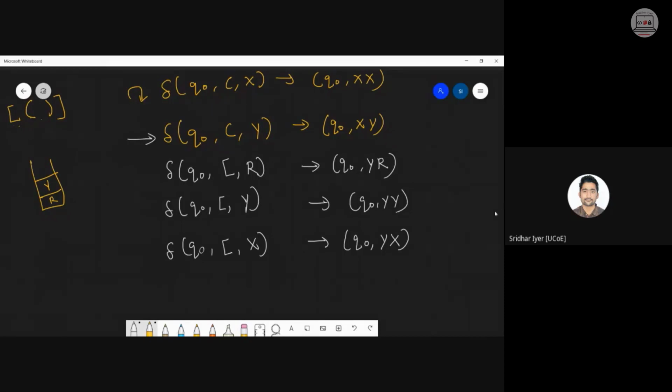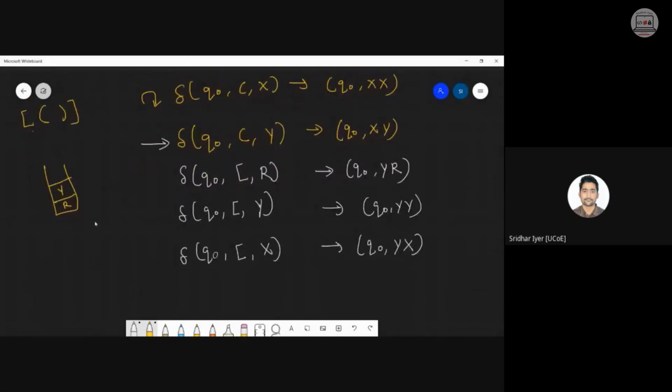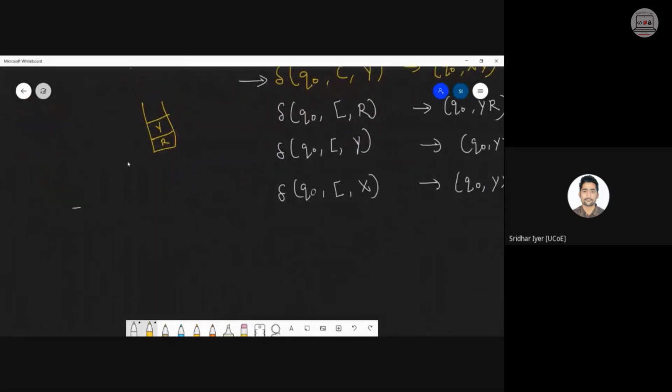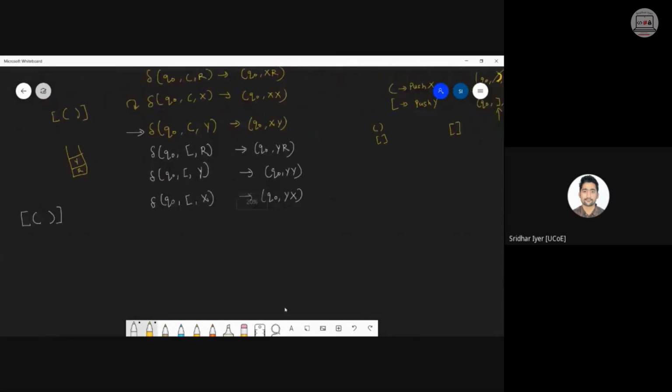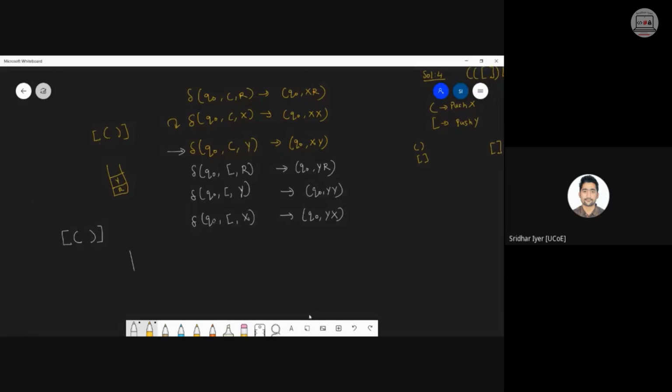Have a look now at this particular example. The example that I had written on the left side, I am again writing that. Take this and solve it. How will we do it? I am also drawing this stack. Initially the stack is empty. Okay, I am simulating this. The transition functions are not complete yet. I am just showing you the pushing operations. We will go to popping later.